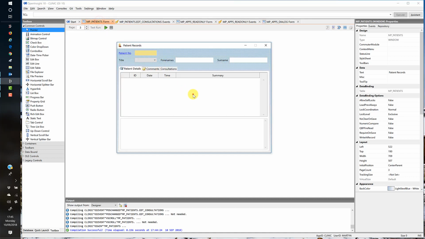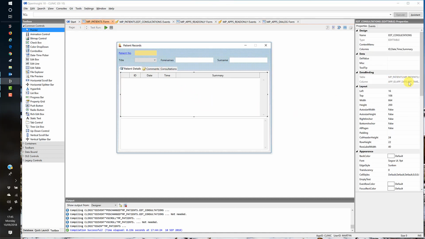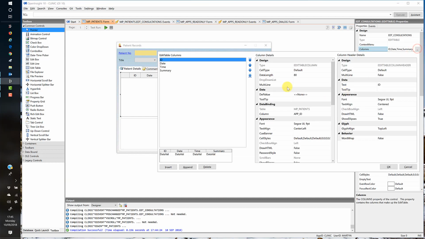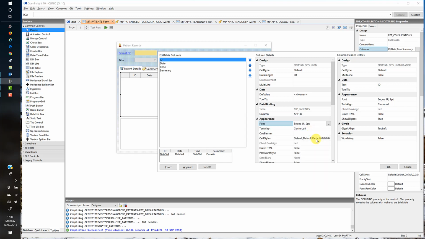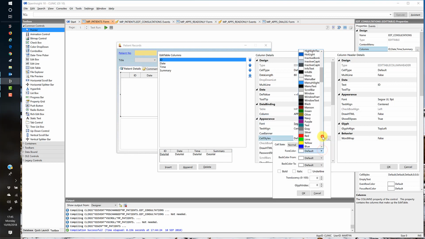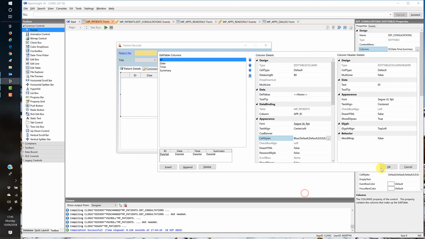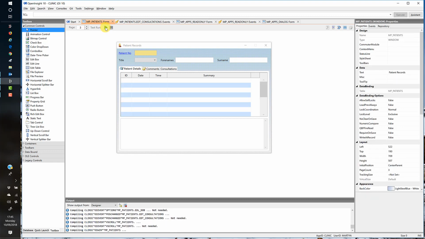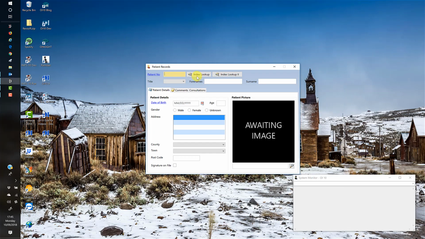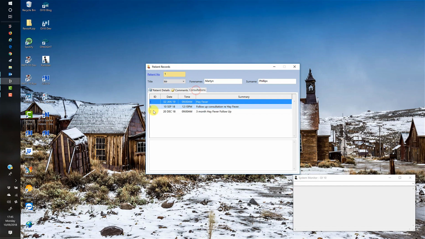The other thing that would be nice to do on the patients form is for the columns, for the ID, we will go into the font and set that to be underlined. And for the cell styles, we'll set those to be blue, and I think that we'll set the row label width to 0, and if we now just test run there, you will see that we get blue underlined text in the first column